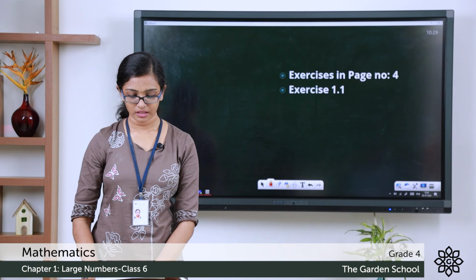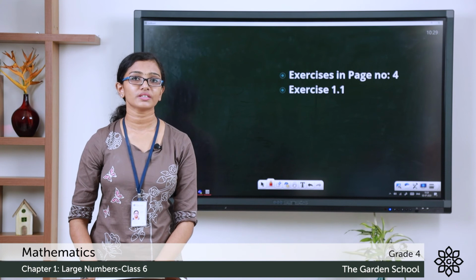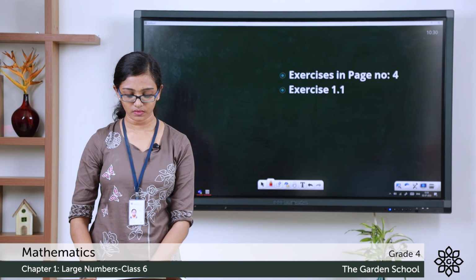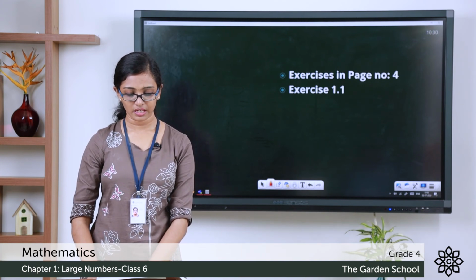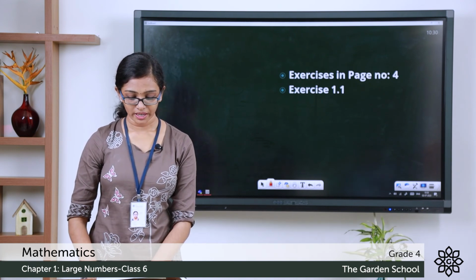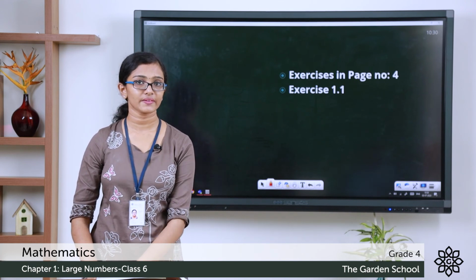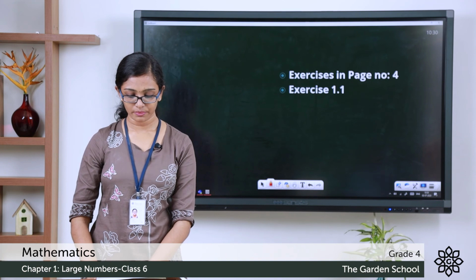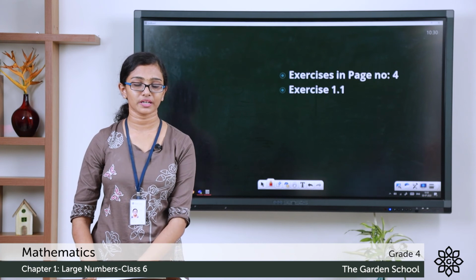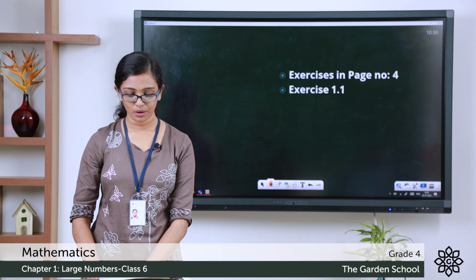In question C, how do you say that number in words? It's 14,236. Here the comma is between the digits 4 and 2. In question D, you read that number as 1,48,325. So you have a comma in between 1 and the digit 4 to separate the thousands period and the lakh period. And there is a comma between the digits 8 and 3 to separate the thousands period and the ones period.